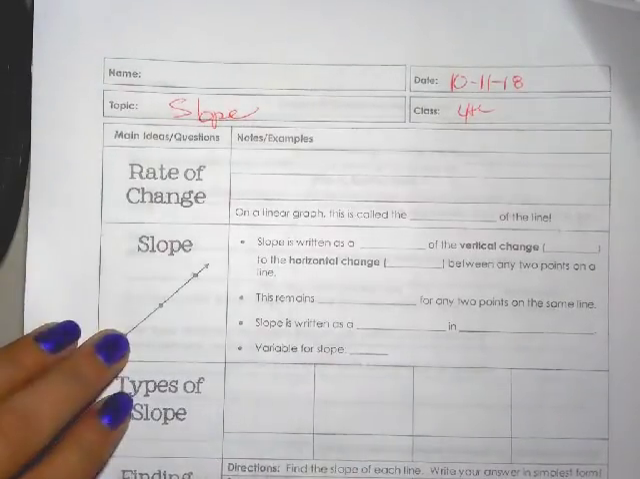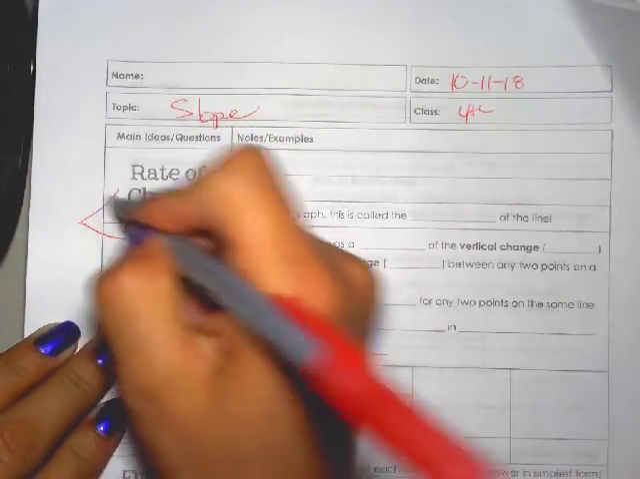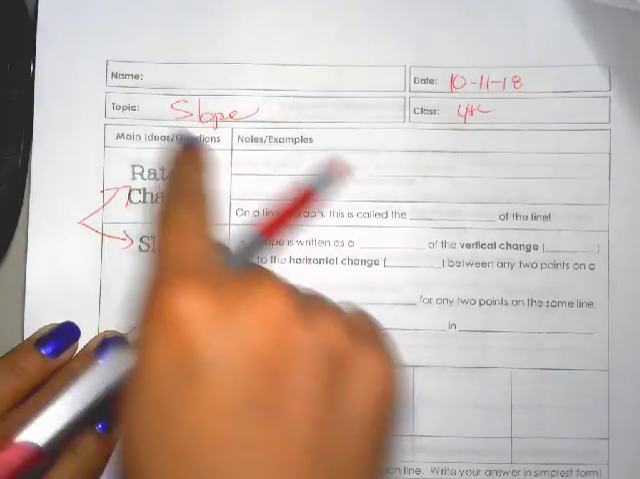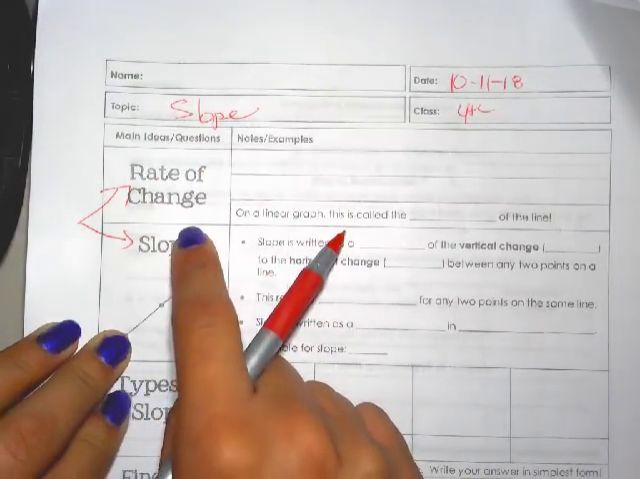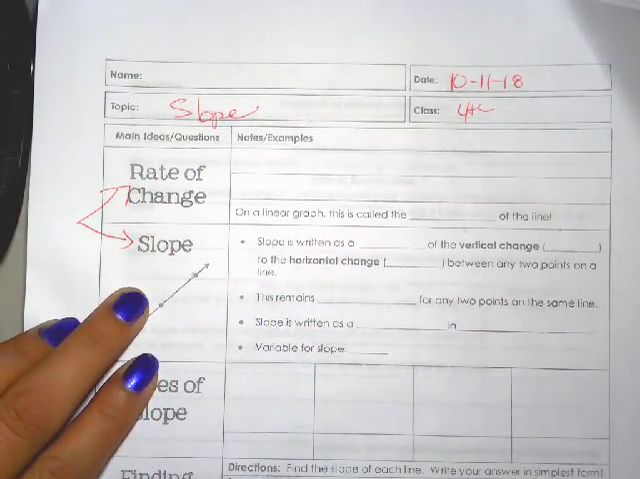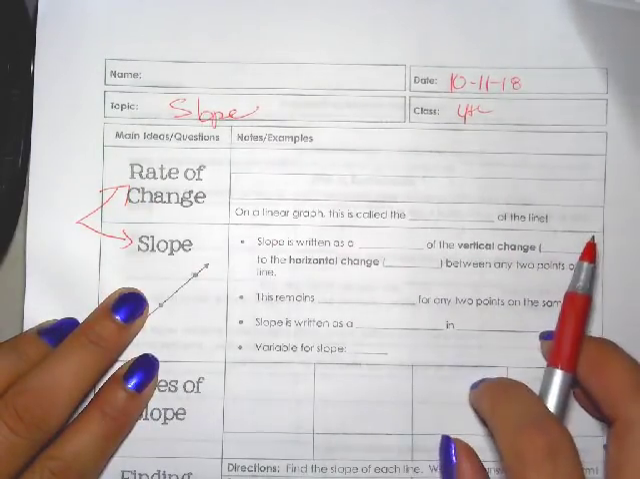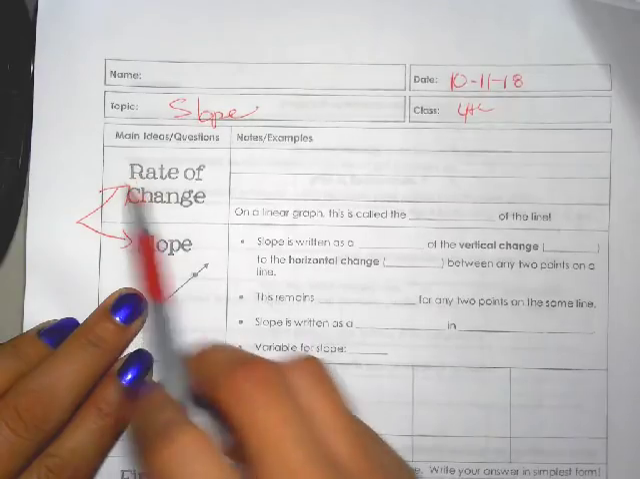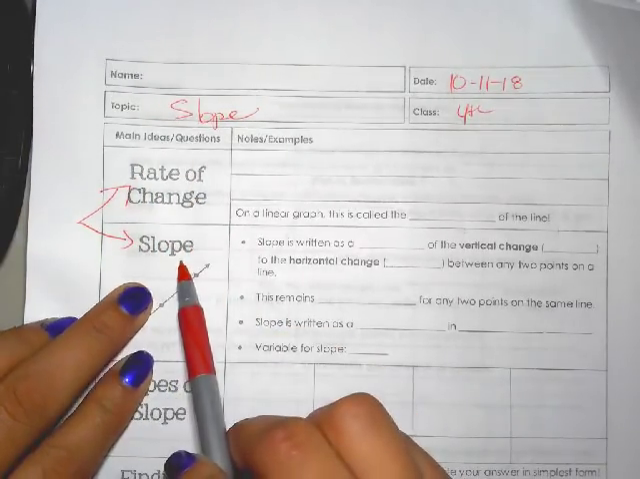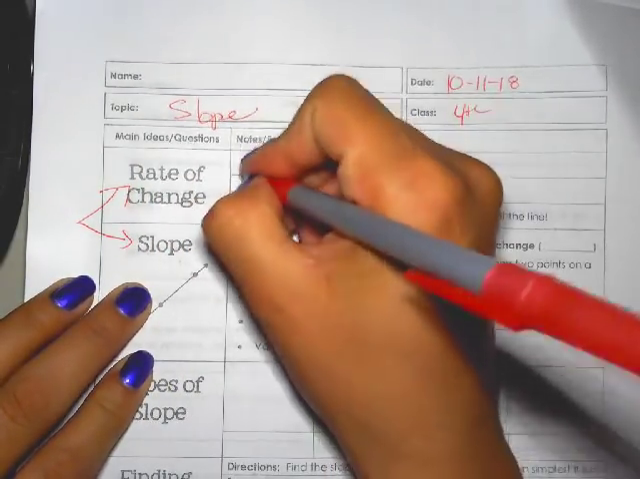Alright, so rate of change and slope are the same thing. Rate of change is usually what we see in a word problem. So in our homework last night, where it said the rate that the whale was ascending or descending or whatever, that means rate of change, which is the same thing as slope. So rate of change is a ratio